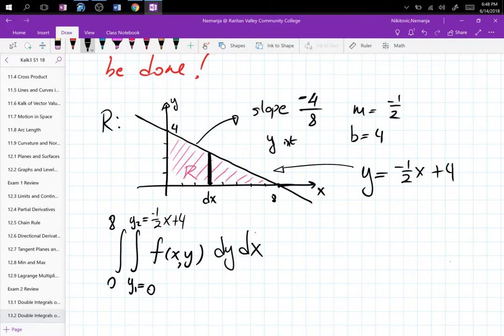The y limits are what's happening with the top and the bottom of the representative rectangle. The top of the representative rectangle is hitting the function, which is the one we figured out, so that's the upper limit. And the bottom is hitting x equals 0, I'm sorry, y equals 0, which is the x-axis. Therefore, 0 goes in the lower limit. Much better. So now, if you just write this out,